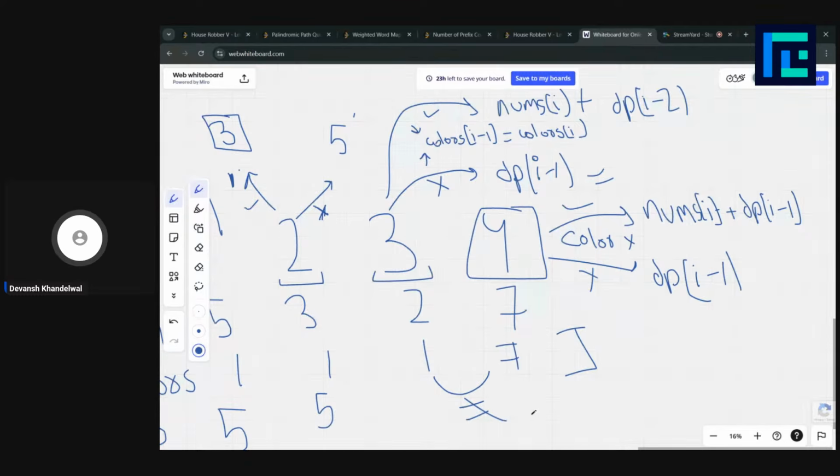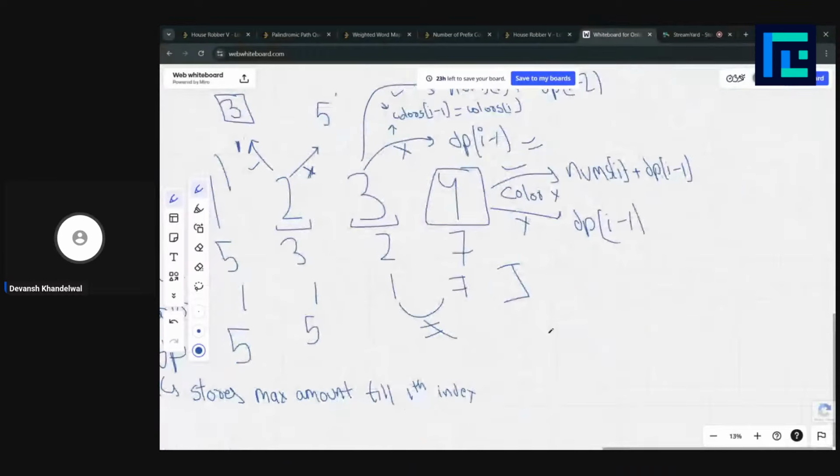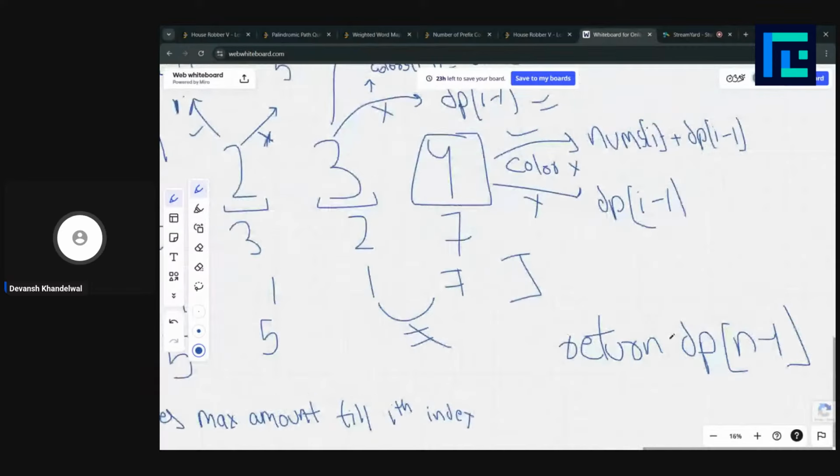In this way, what are we going to return? We are going to return dp[n-1]. This gives us the maximum amount we had till the last house. Right, chat?